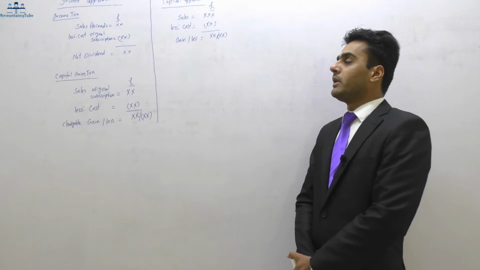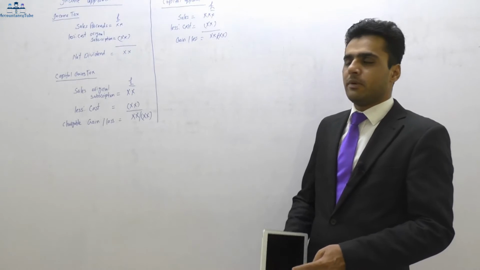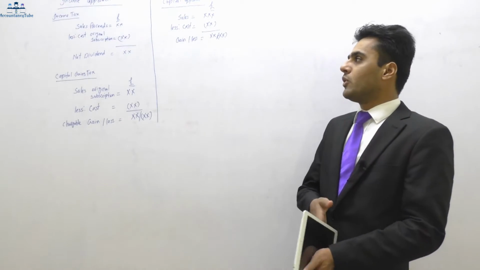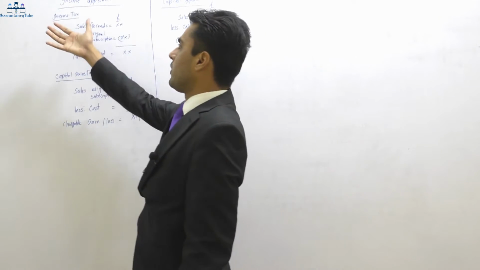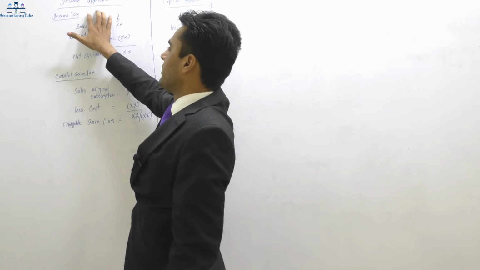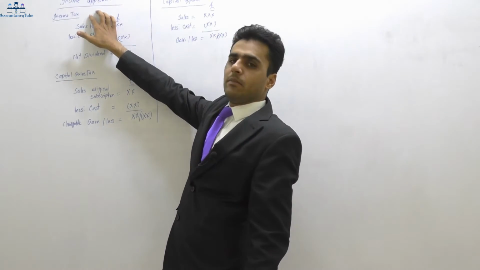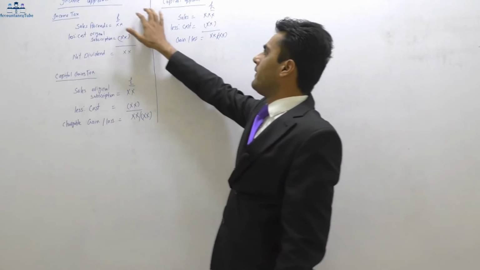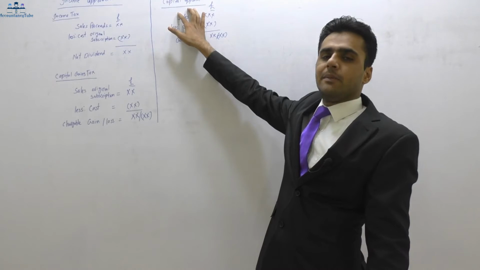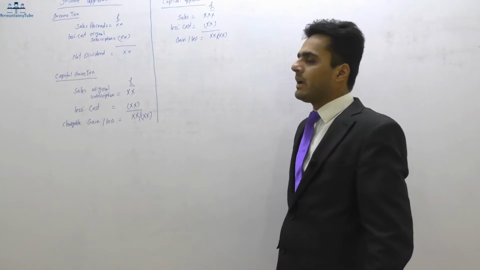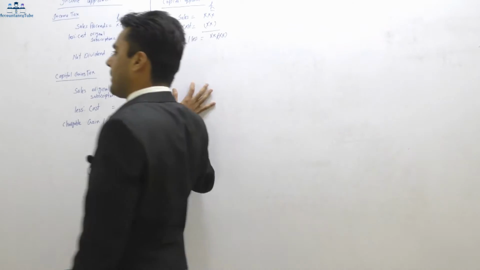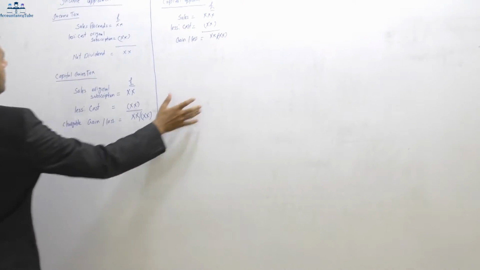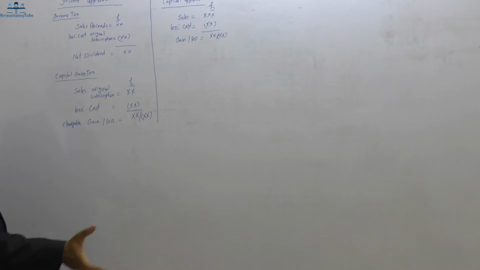For corporation tax purposes, there are two treatments which are part of our syllabus. Whenever the company buys back its own shares, there would be one treatment which is called the income approach. I've written that down on the top, income approach, and this one on the top I've written down capital approach. So there are two approaches, one is income approach and the other one is capital approach. There are certain conditions for the capital approach. If those conditions do not apply, then in most cases the income approach will apply. All right?